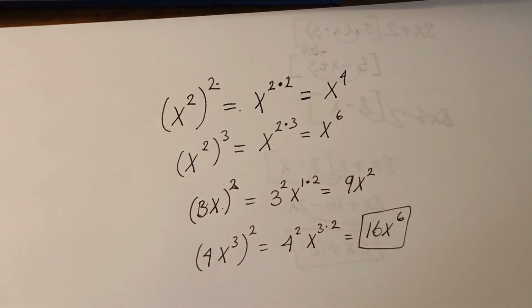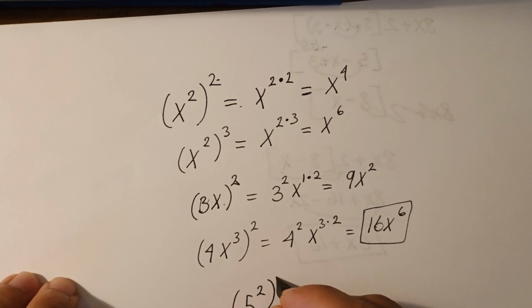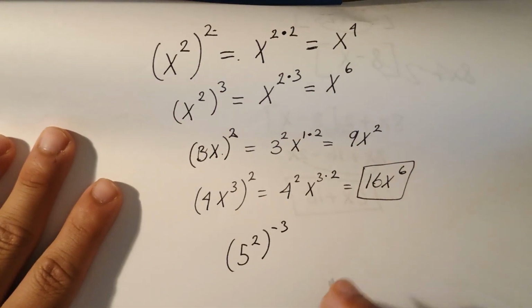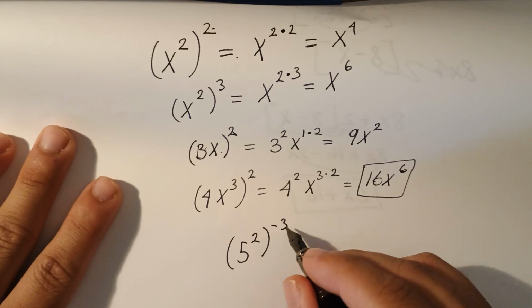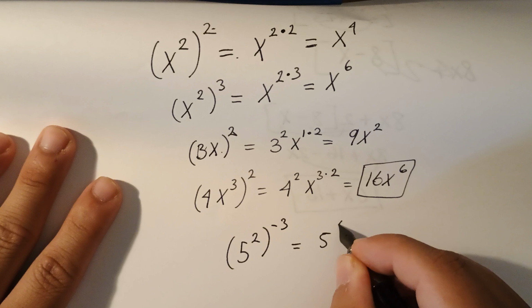And it works with negative numbers too, of course. If we had some number, something like this, to the power of -3, we just multiply these two. So it should be -6, right? So we'll have 5 to the power of -6,